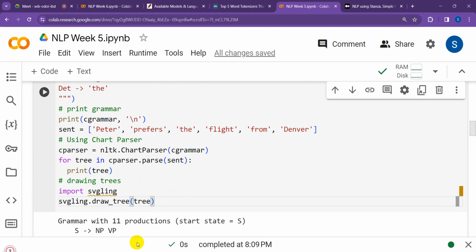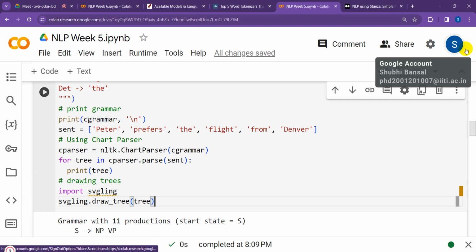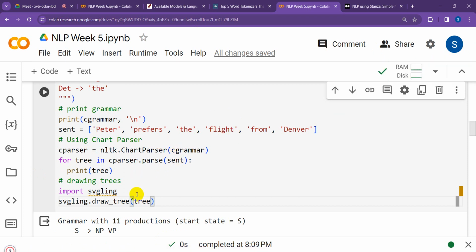Like we were drawing the dependency tree in spaCy, which tool did we use to visualize the dependency tree? Today we discussed, no? displaCy. Yes, sir. So here the package we are using to draw the parse tree that is generated using the chart parser algorithm is the SVG package. Okay,